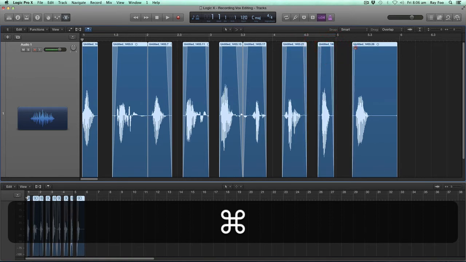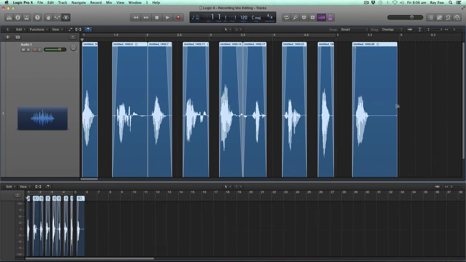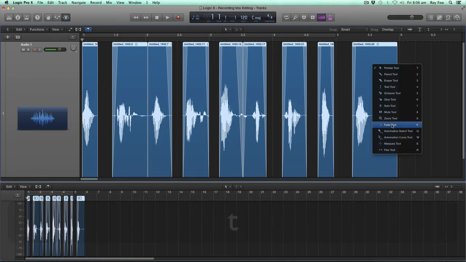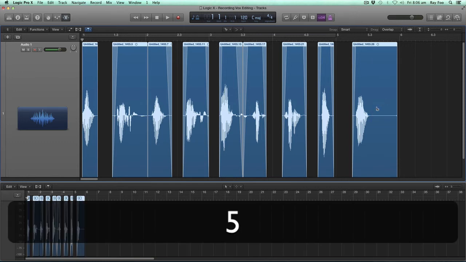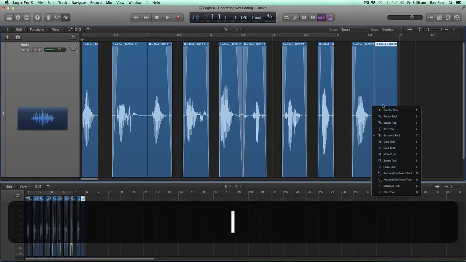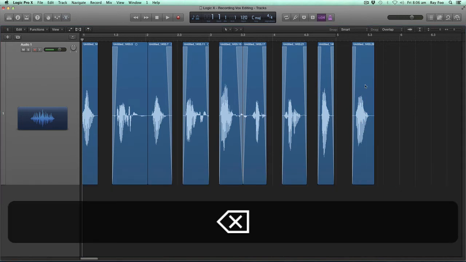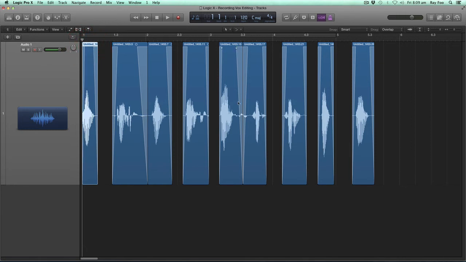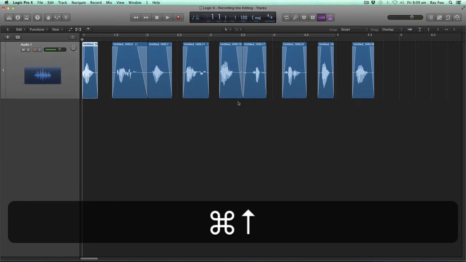I'm going to quickly do this. If I move the mouse across here, what I'm going to do is I'm going to trim this back. I'm going to select scissors tool, go back to pointer, delete that, and do fade out for this one also, fade out for this one, fade in. Next thing I'm going to do is I'm going to minimize this track by holding down Command, cursor keys, and